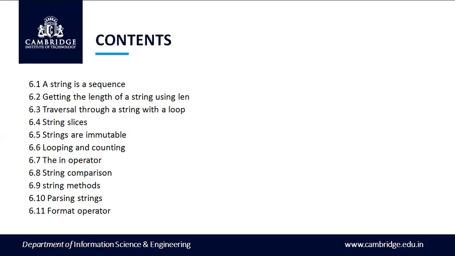So in the previous class, we learned the concepts of strings, how to represent strings, using the length function, which is a built-in function in Python programming. We learned how to traverse through a string with for loops and while loops, and also the concept of string slices, that is, how to retrieve a part of a string using slicing. And we also learned that strings are not mutable, that is, the characters in a string cannot be changed or a new assignment cannot be done. So strings are immutable.